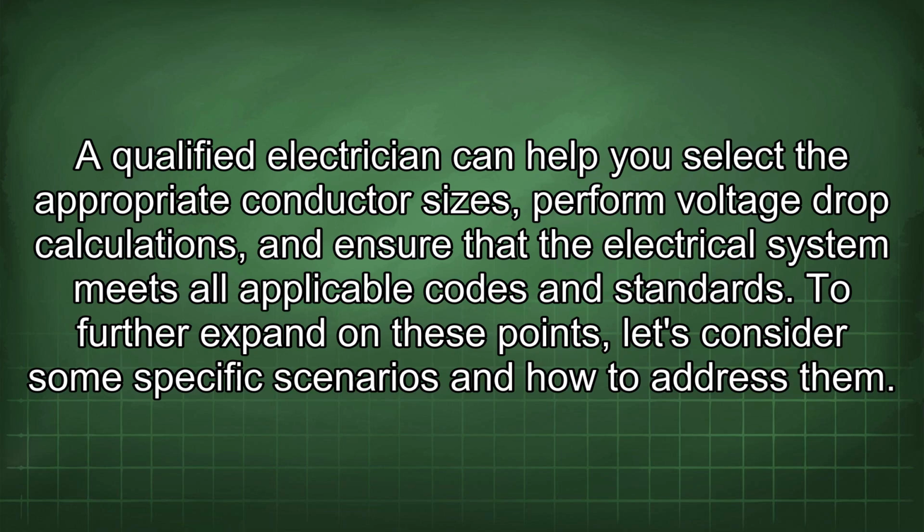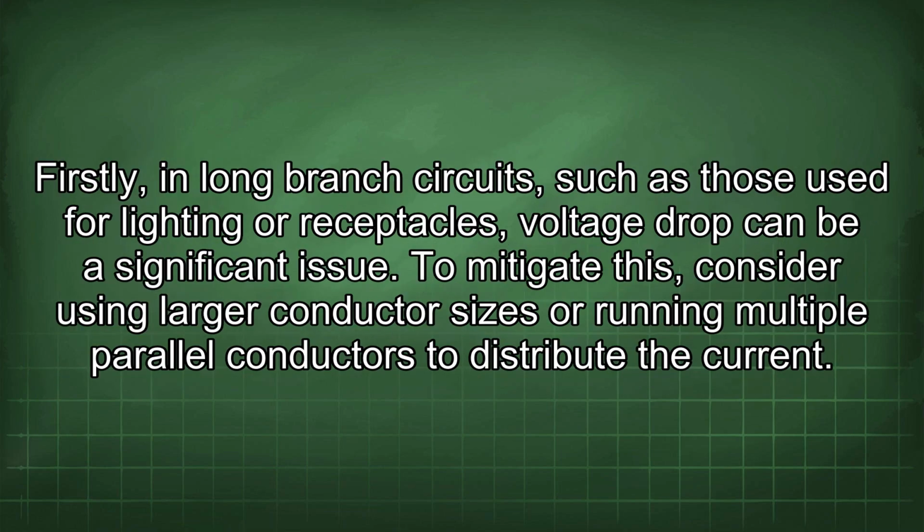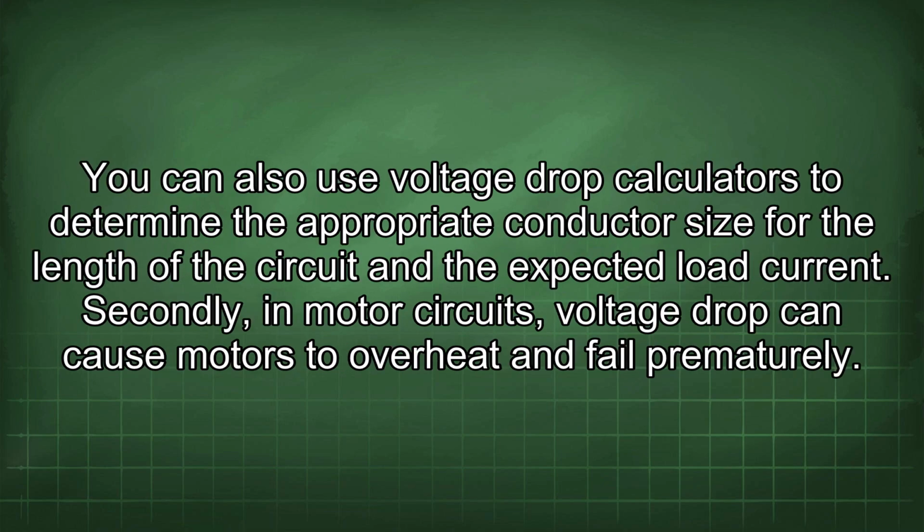To further expand on these points, let's consider some specific scenarios and how to address them. Firstly, in long branch circuits, such as those used for lighting or receptacles, voltage drop can be a significant issue. To mitigate this, consider using larger conductor sizes or running multiple parallel conductors to distribute the current. You can also use voltage drop calculators to determine the appropriate conductor size for the length of the circuit and